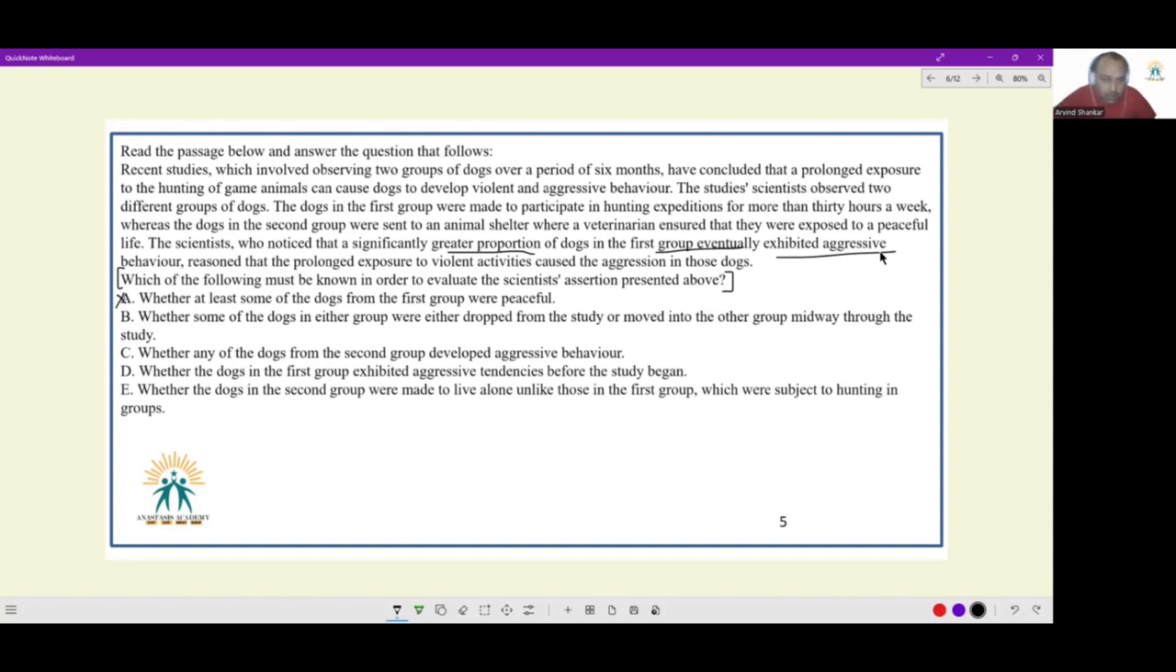So it does not really strengthen or weaken the scientist's assertion at all. This does not stay. D stays. Option D: whether the dogs in the first group exhibited aggressive tendencies before the study began. This is an excellent question. Because see, what would happen if the dogs in the first group already exhibited aggressive tendencies, then the result provided by the experiment is not